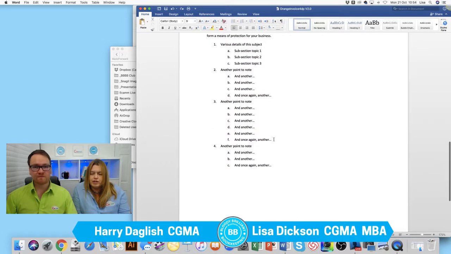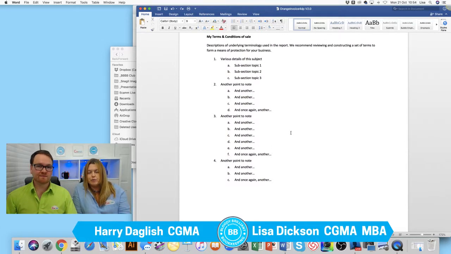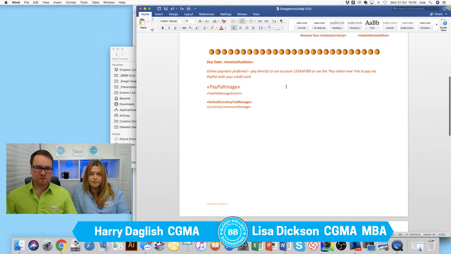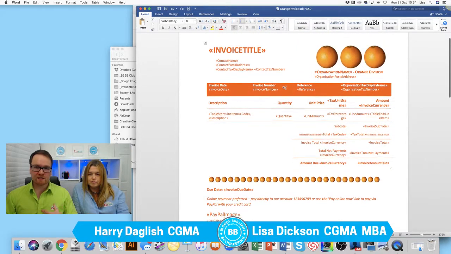Yeah, they do often run into 2 or 3 pages, don't they? And what you can do is insert a PDF image here. So if you've got your terms and conditions in PDF, you can insert those into the document. You don't have to write them all out. Yeah. So once you've edited your file, what I will say is have a little play around with the formatting,